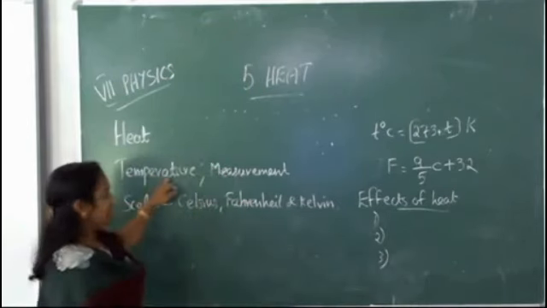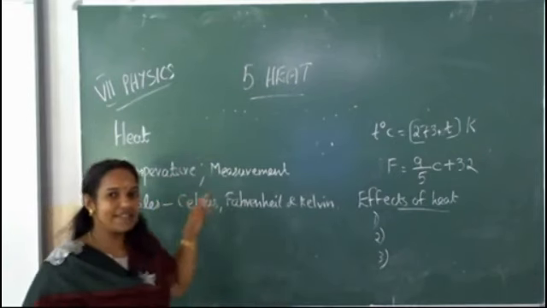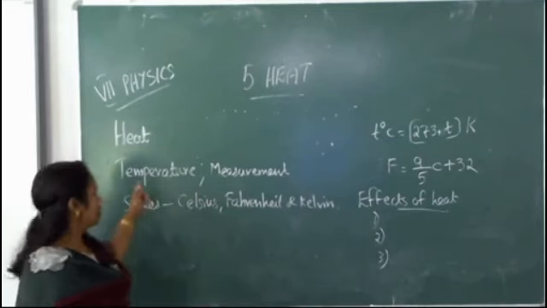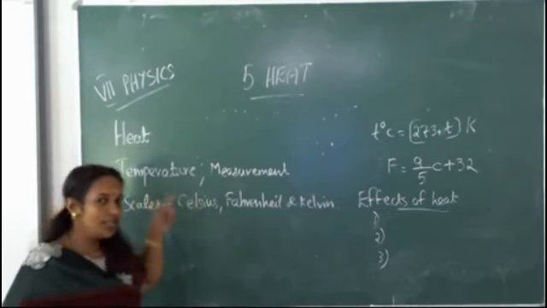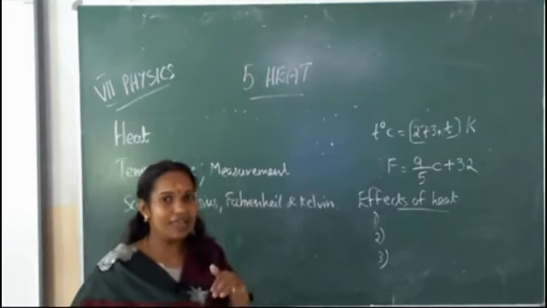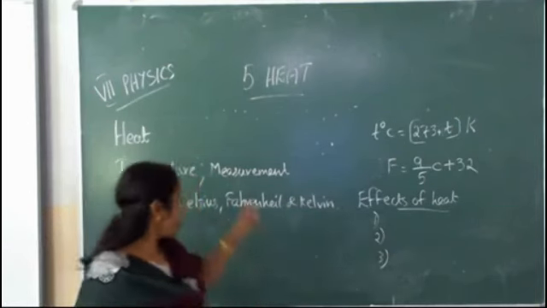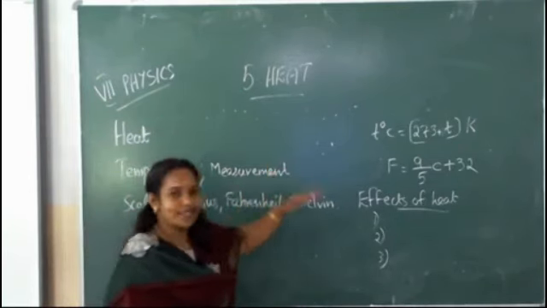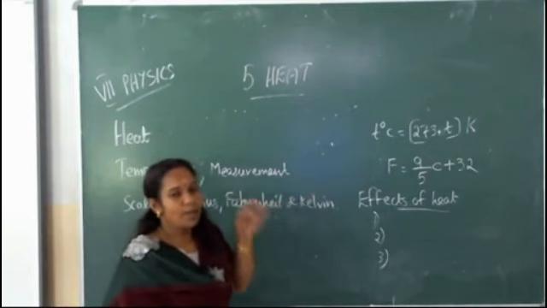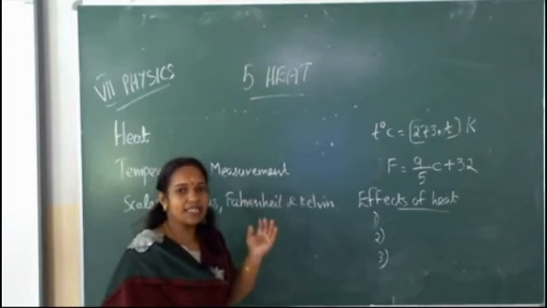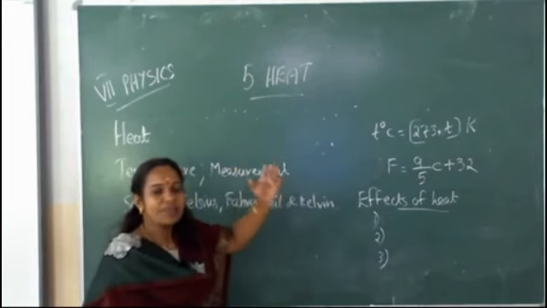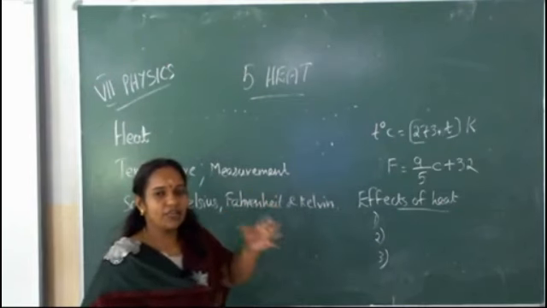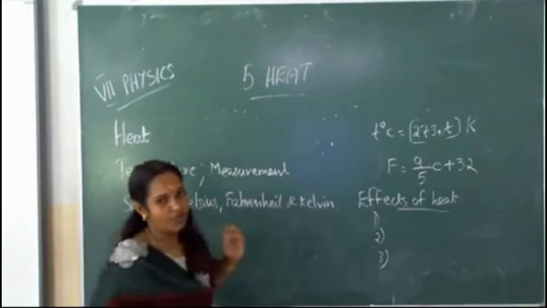Next, we studied the definition of temperature. Temperature is a measure of hotness or coldness of an object. The SI unit of temperature is Kelvin. The other units of temperature are degree Fahrenheit and degree Celsius. We also studied how to measure the temperature using a thermometer, and the diagram of the mercury thermometer, which has parts like the bulb, stem and capillary tube. If you place the bulb near the object, then we will get the correct temperature of that object.